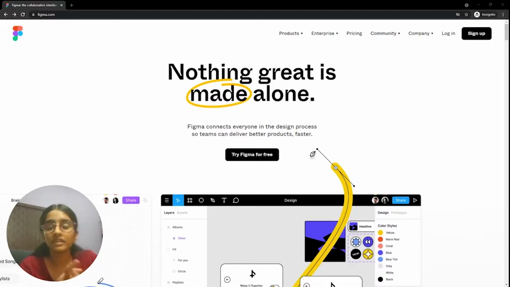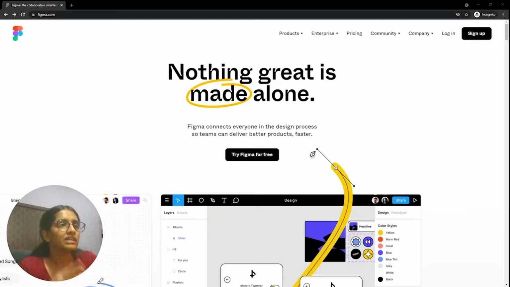Before we hop on to the interface and talk about its functional features, let's get to know Figma a little bit more. So Figma is a design tool or software that is used for UI designing, web designing and a lot more. It is an all-in-one platform where you can wireframe, brainstorm, make user flows and also make your UIs and add interactions to them. It also has collaborative features which allow your teammates to collaborate in real time. There are a lot of other features as well that Figma keeps updating from time to time so that you can look forward to that.